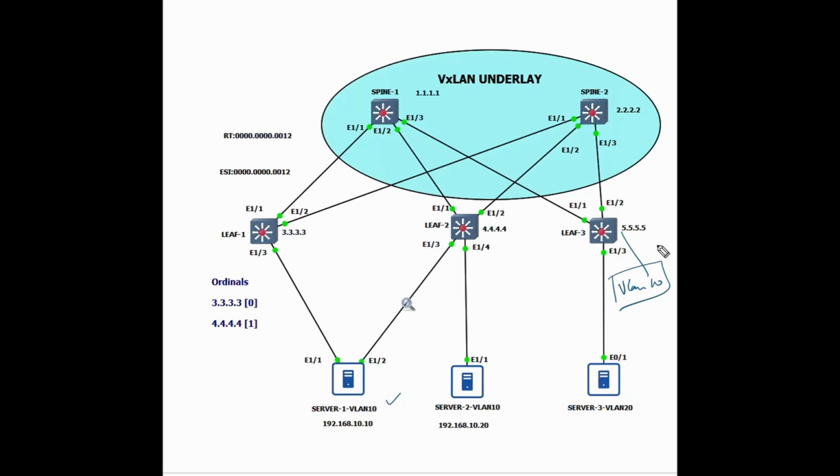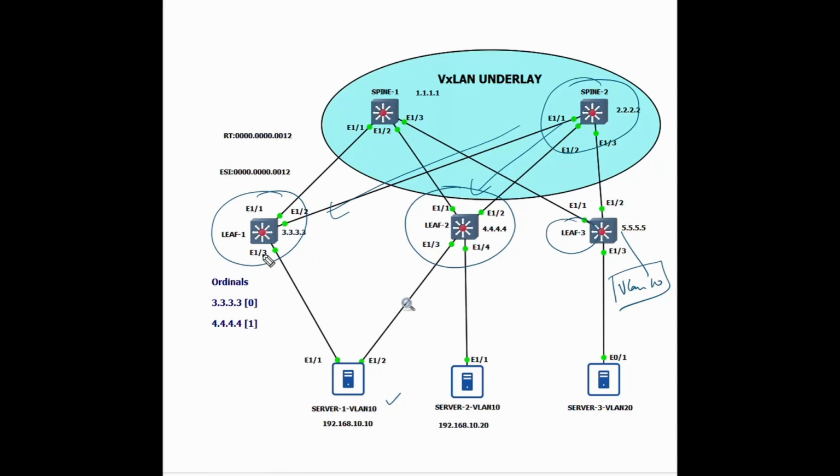It will send an ARP request towards leaf 3, and as we have seen in the previous videos, we send broadcast traffic as multicast towards the rendezvous point, which in our case is manually configured as spine 2, 2.2.2.2. As leaf 1 and leaf 2 have the same VLAN to VNI mapping, i.e. VLAN 10 to VNI 10,010, spine 2 or the rendezvous point will send that multicast frame towards leaf 1 and